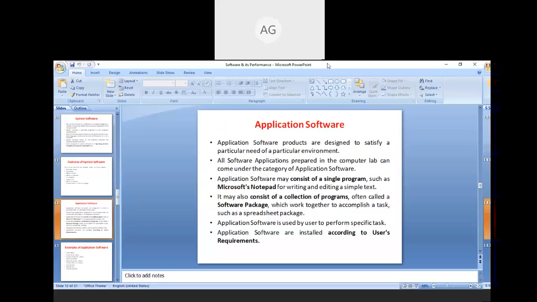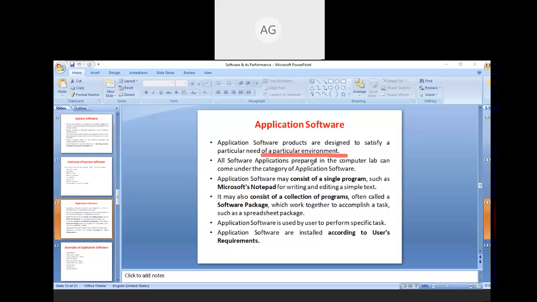Then comes the application software. The application software products are designed to satisfy a particular need of a particular environment. So basically, application software is made for satisfying a specific requirement.